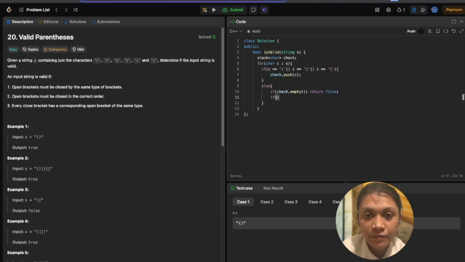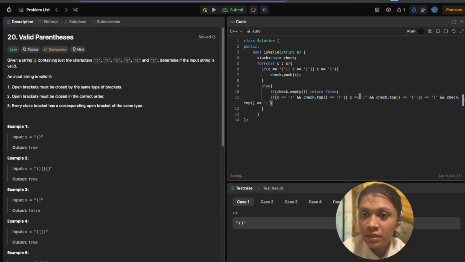Otherwise, check if my C equal to closing bracket of this type, and then my check dot top equal to the opening bracket of this type. Now we will do a chaining of or statements, or